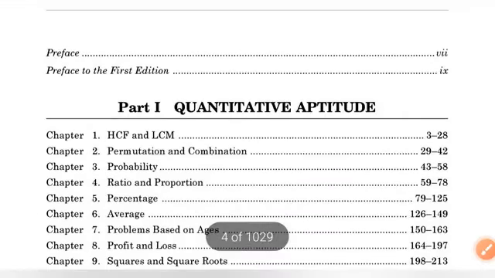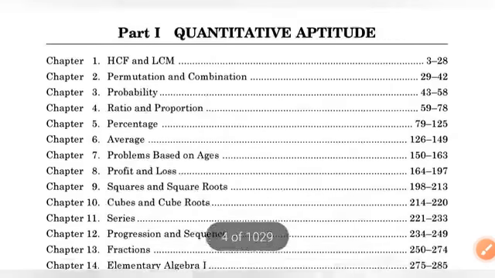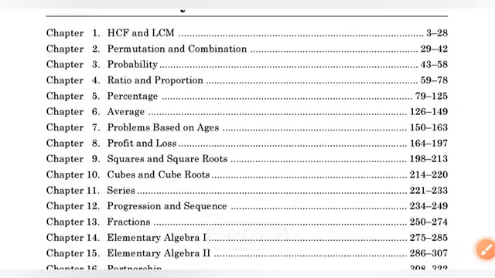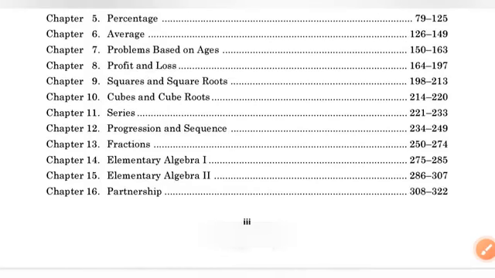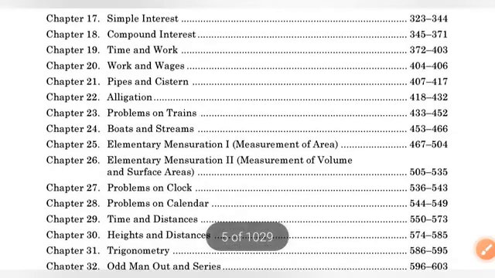In the first part, quantitative aptitude, we have the chapters HCF and LCM, permutation and combination, probability, ratio and proportion, percentage, average, problem based on ages, profit and loss, squares and square roots, cubes and cube roots, series, progression and sequence, fractions, elementary algebra 1, algebra 2, partnership, simple interest, compound interest, time and work, work and wages, pipes and